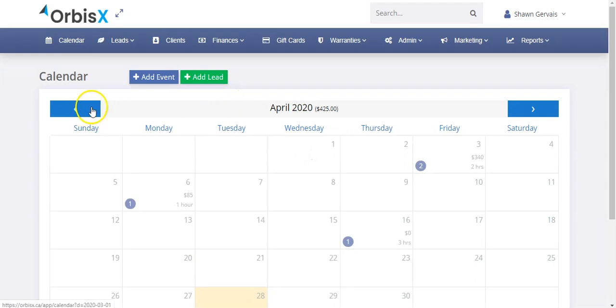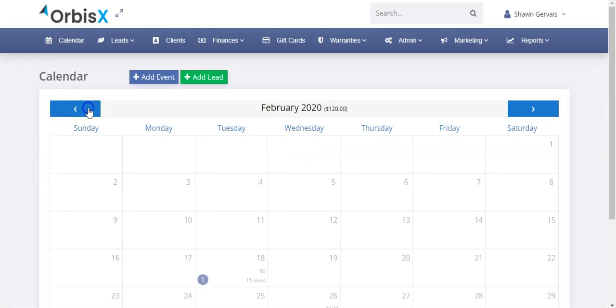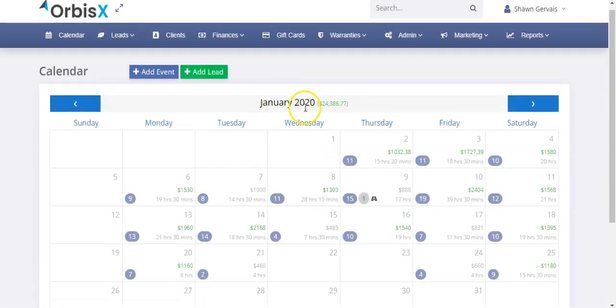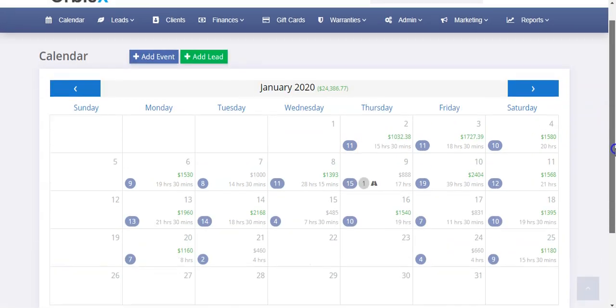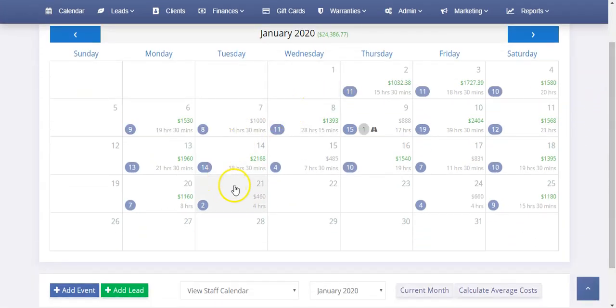So this is a demo account, so there's no jobs in here. Let me just go back to when we put in a bunch of jobs. Okay, January, we put in a bunch of jobs here. Now let's say this is your current calendar, okay, and let's just assume that we're here on the 20th, okay, and the system is going to look, the artificial intelligence is going to scan through your calendar, and it's going to realize that these 3 days here, well, these 4 days, in fact, are slower days, right, based on whatever